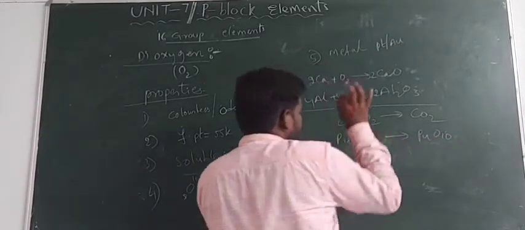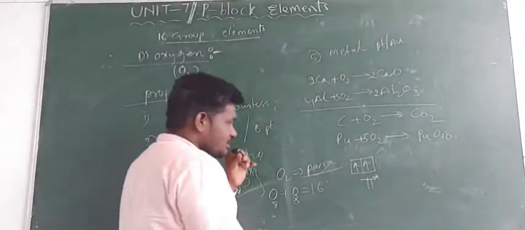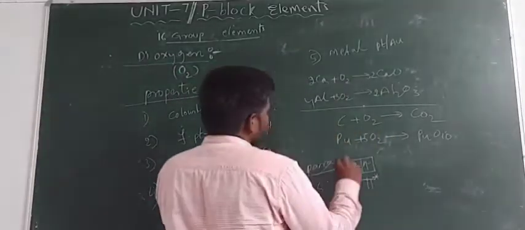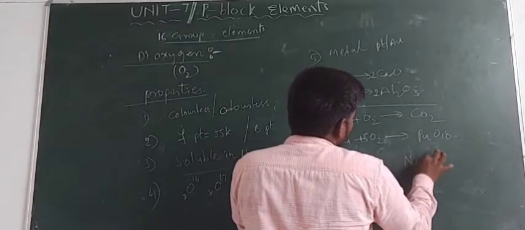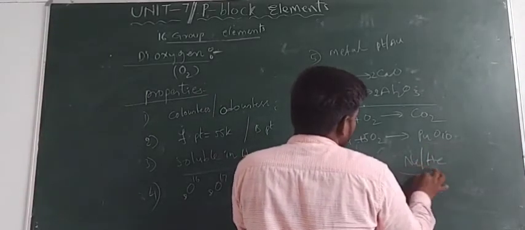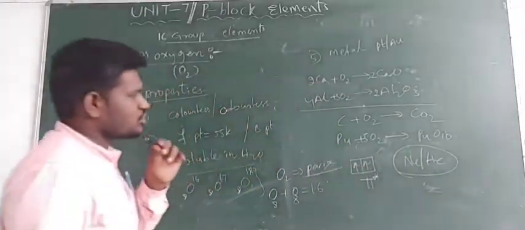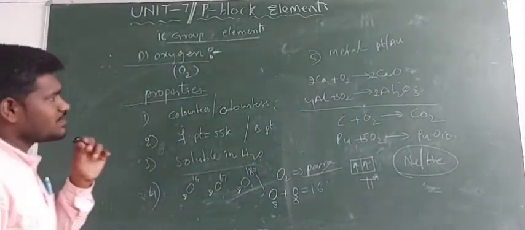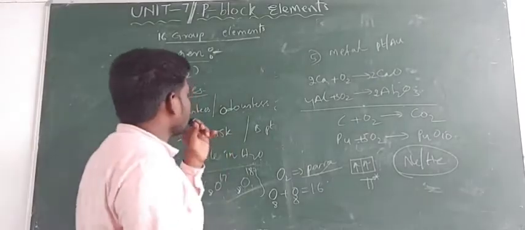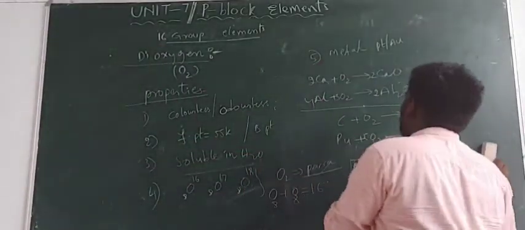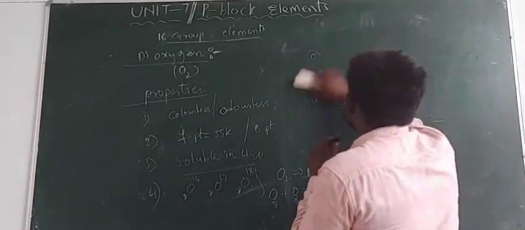So we need to take 5 moles of oxygen, and it is unable to oxidize the non-metals neon and helium, because these are highly inert materials, they have a stable configuration, that's why they won't be oxidized by dioxygen or oxygen gas. Right guys? So these are the properties of oxygen, and the next one, uses.